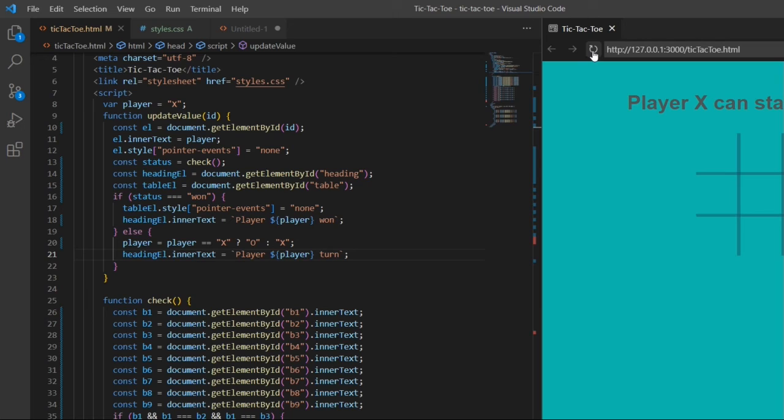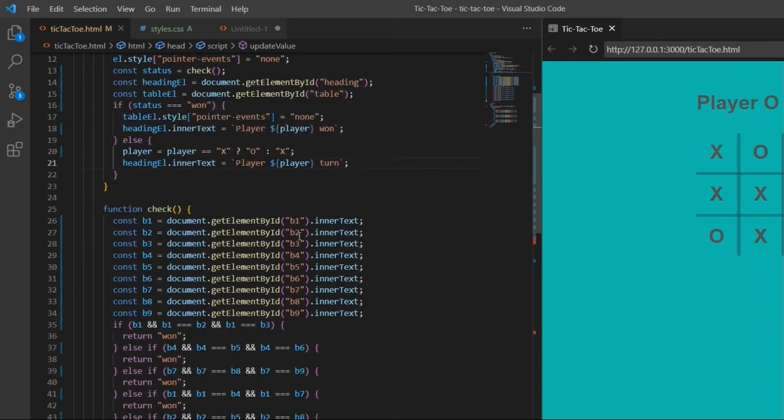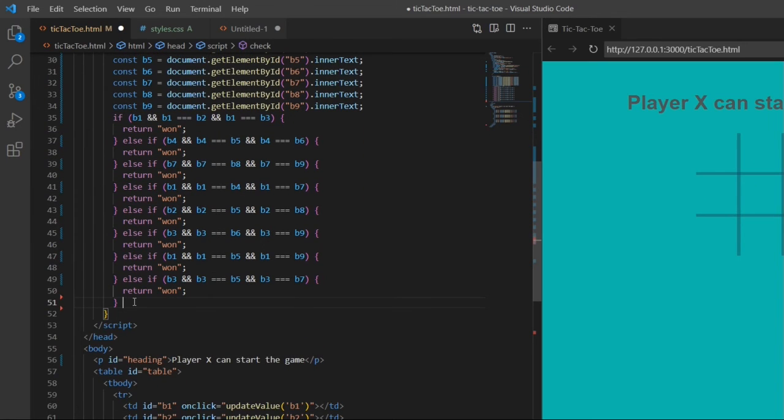Now another scenario is, what if nobody wins, right? For example, like when the match gets draw, like in this case, nobody wins. Now we need to display the draw, and yeah, that's one case we want to cover. Like right now it says player O turn when the game is over and it's draw. So here we can add one more case,